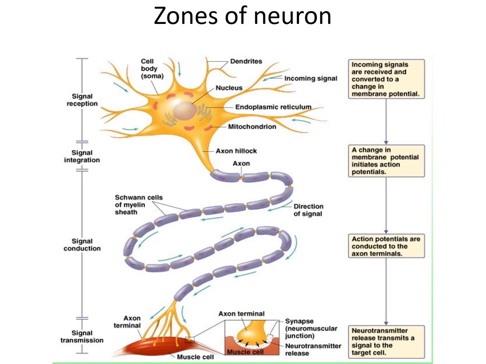And then the action potential travels through the axon. That's why it is called signal conduction. The entire axon is going to conduct only the impulse. So this portion is called signal conduction. Action potentials are conducted to the axon terminal. So at the end portion, the signal transmission happens. So here this is the axon terminal, and neurotransmitters are released from the axon terminal into the postsynaptic portion. So these are the different zones of the neuron.